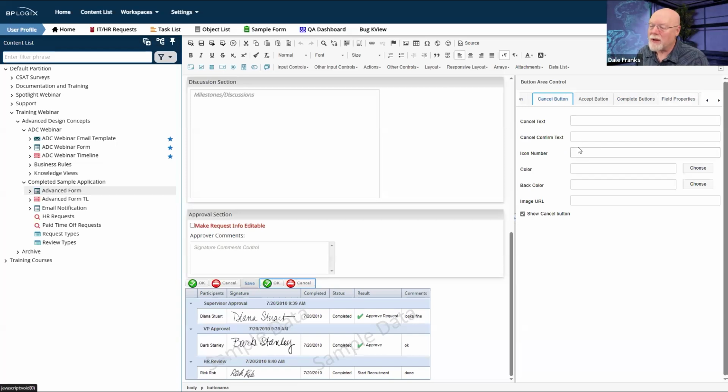I might want to go back to the cancel button, and my cancel text might just be close or close form or something like that, that just says if my activity is complete or my process timeline is complete and I open up the form, then all I'm going to see is this close button. And I'm going to go ahead and save this. I'm actually going to save and close it real quick.